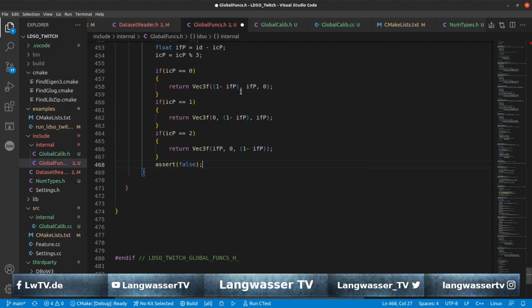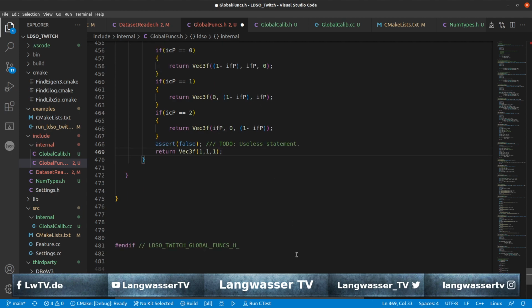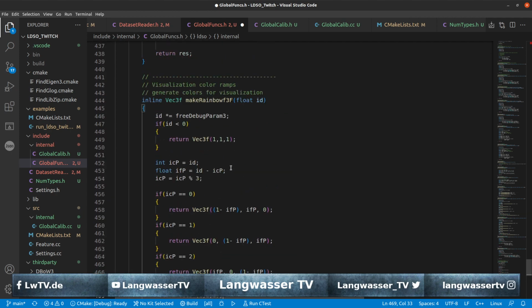Then we assert false. This is useless, this statement, but okay, I will leave it here. Return vec3f 1, 1, 1. Let's create a to-do. Okay. So now we have MakeRainbow3F. We copy that